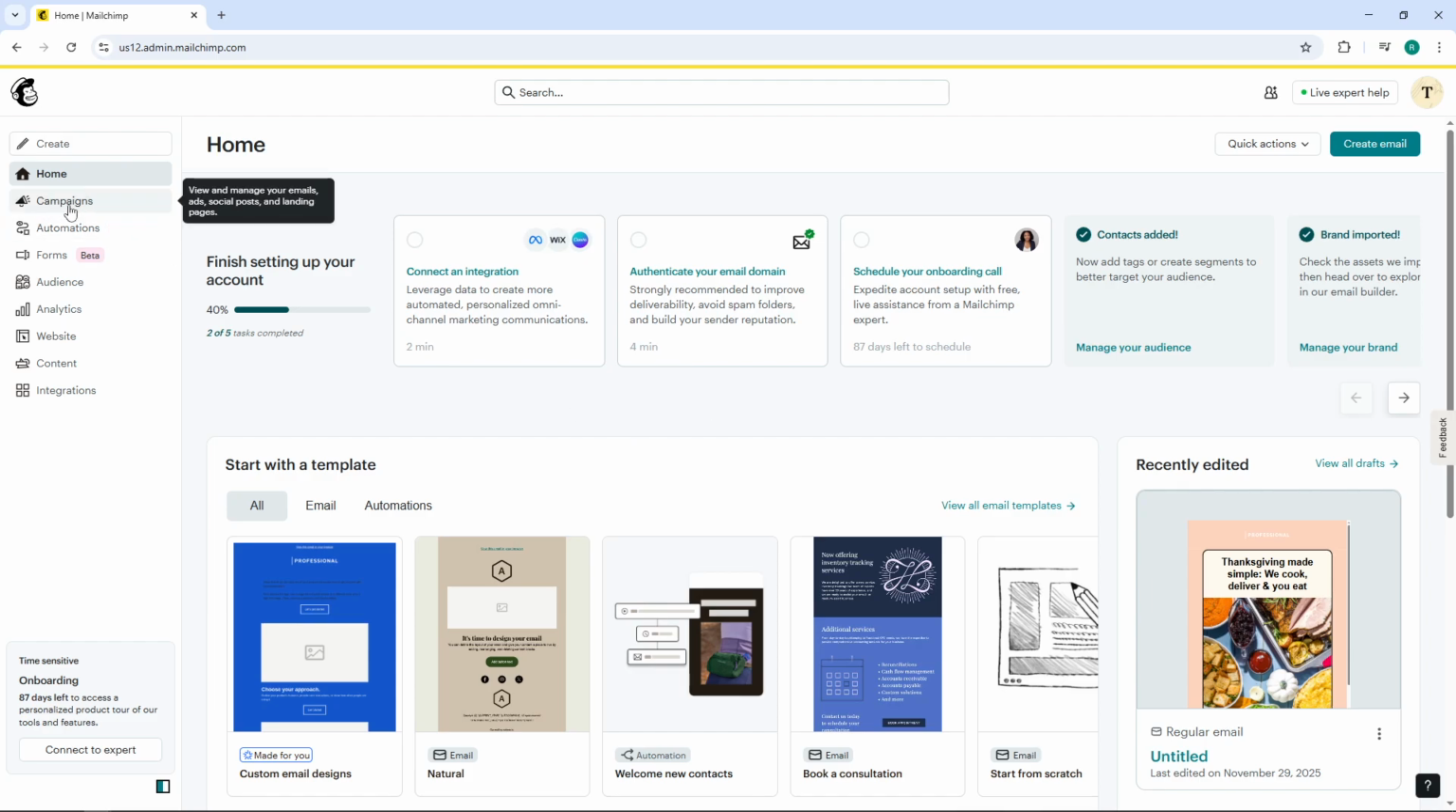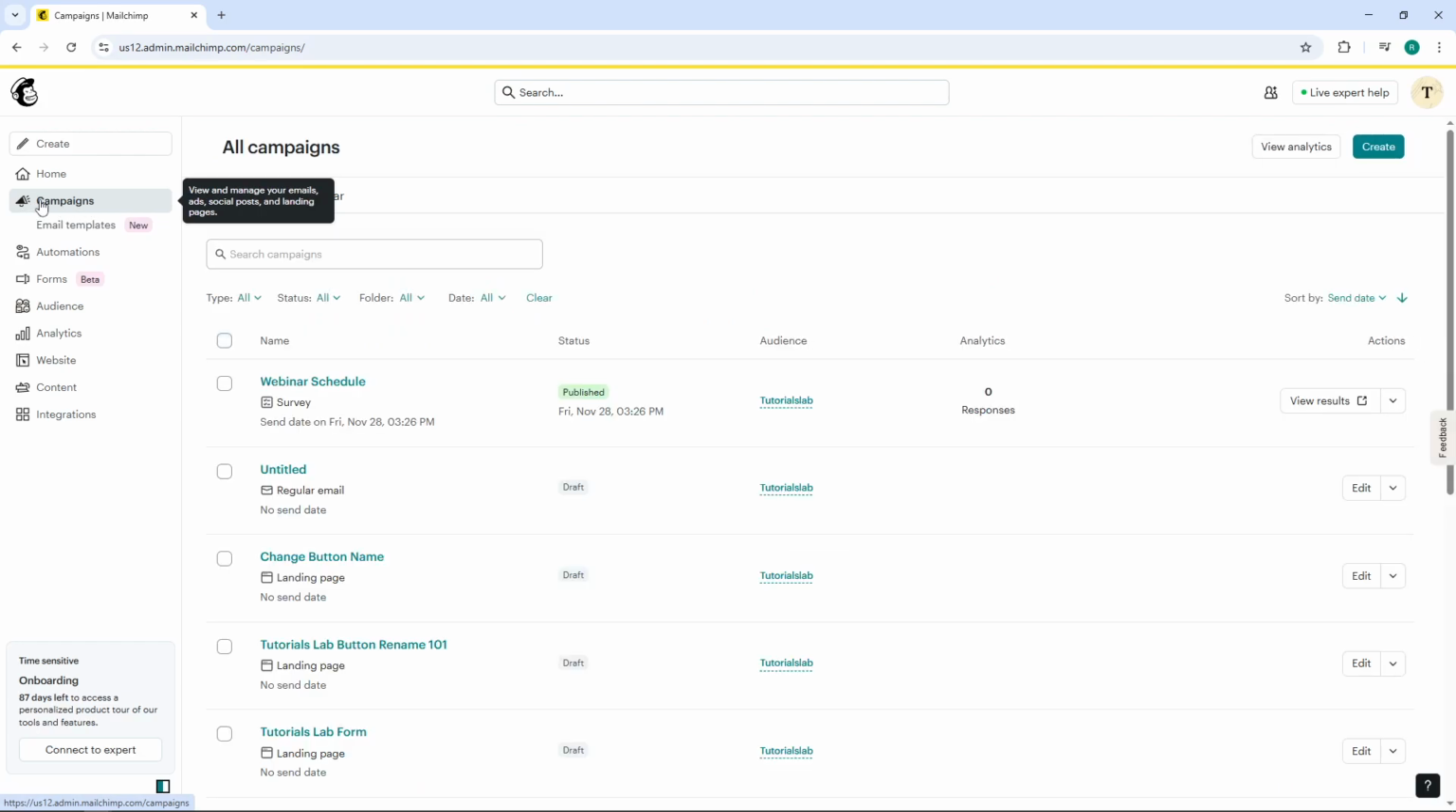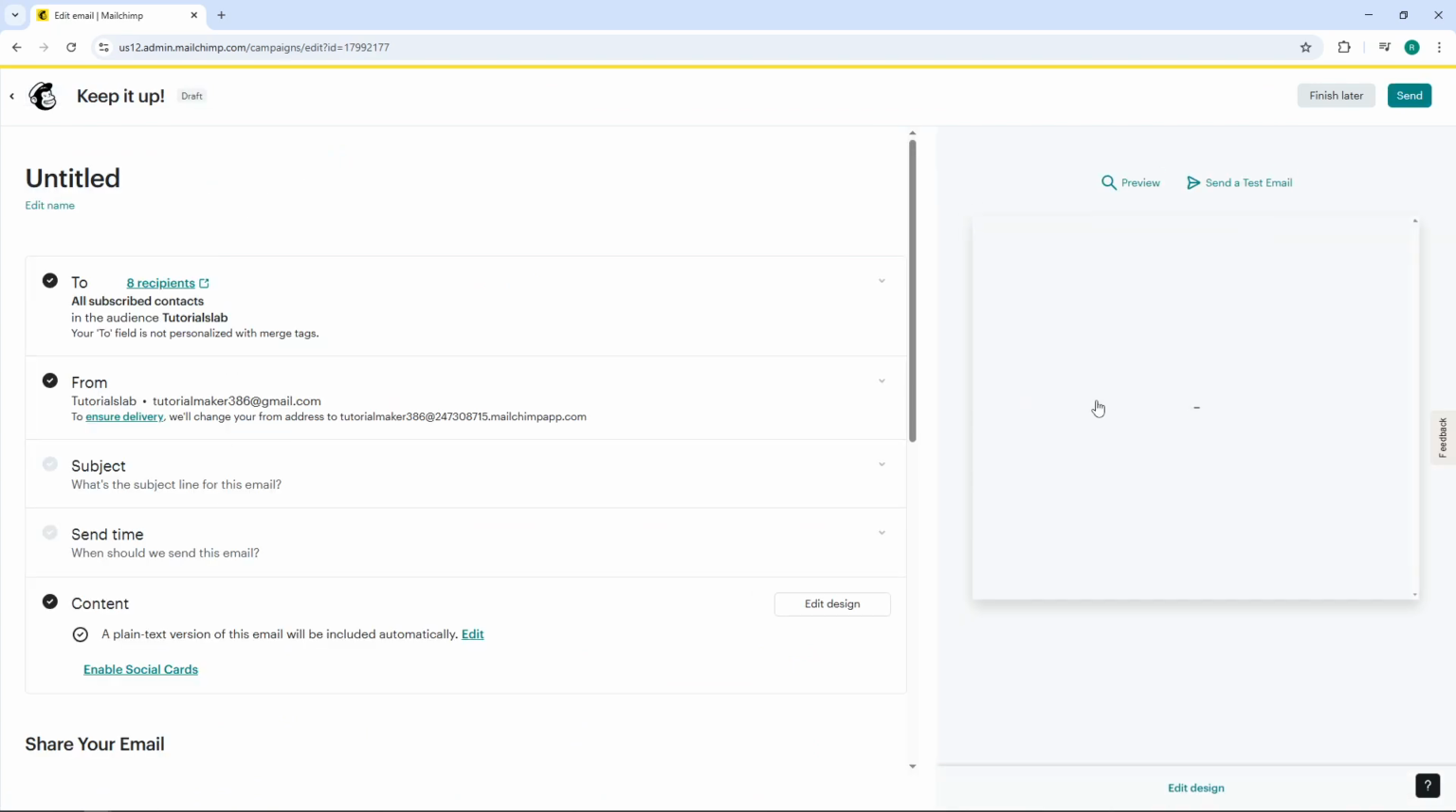Next, click on Campaigns in the left side menu. This will display all your existing email campaigns and give you access to create new ones. From here, you can either click Create Campaign to start a fresh email or select an existing campaign you want to edit. For this tutorial, we'll assume you're working with an existing campaign that needs the view in browser link